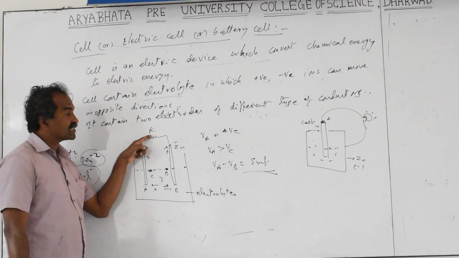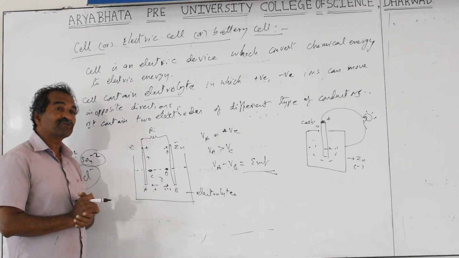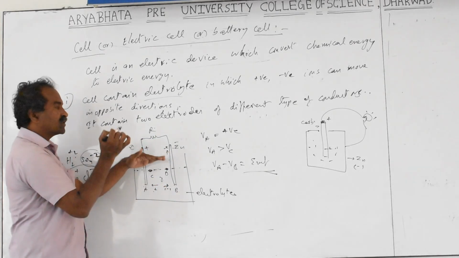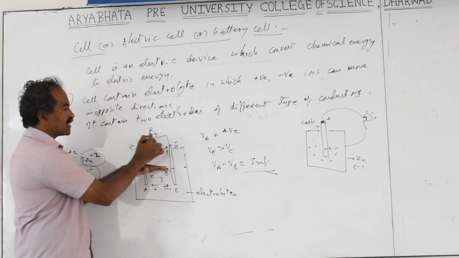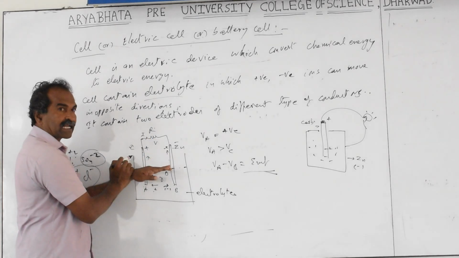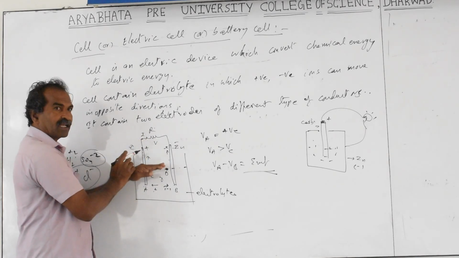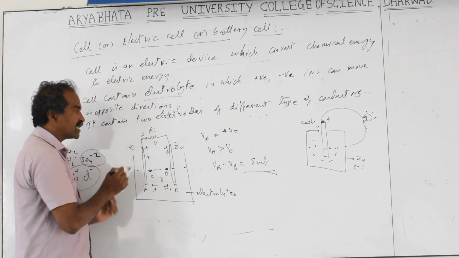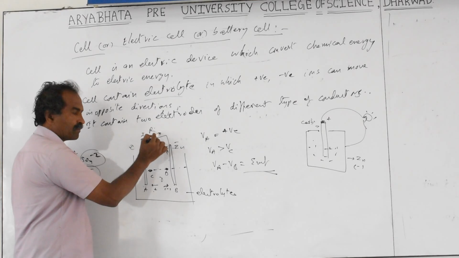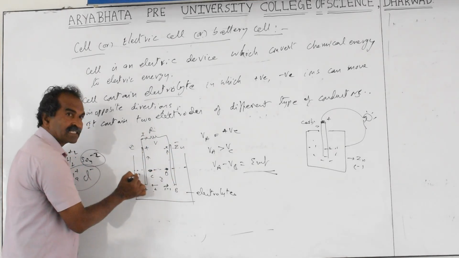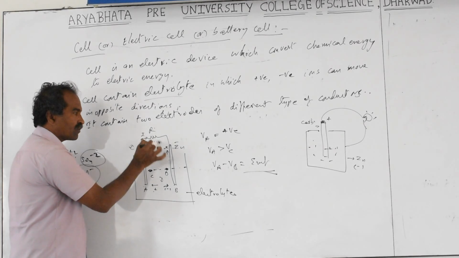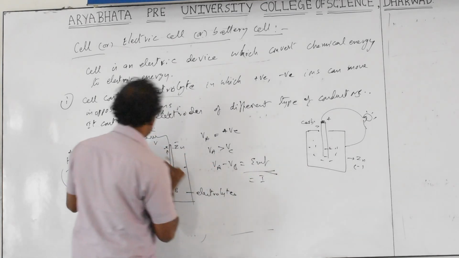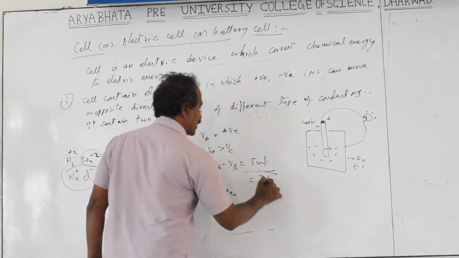Now current has to pass through the external resistance and the internal resistance also. Now what potential difference do we have between these two? We are seeing only the external resistance. We are not seeing what is happening inside the cell. We just see the external resistance only. So the voltage across the cell is V equal to I into R. If you measure this voltage, you will see only IR, not the internal resistance drop. But actually the total voltage is IR plus I into small r. The same current has to pass through the two resistors in series. So the total voltage, that itself is the EMF. It is nothing but equal to I into R plus I into r, that is E equals I(R plus r).